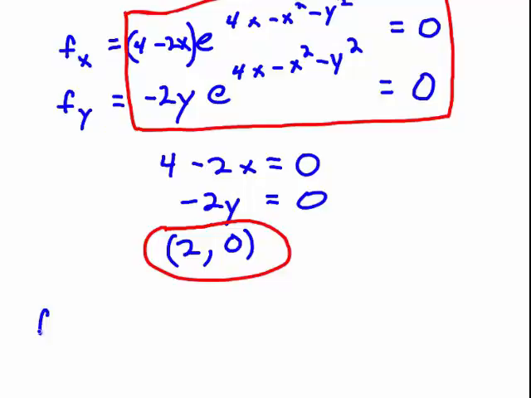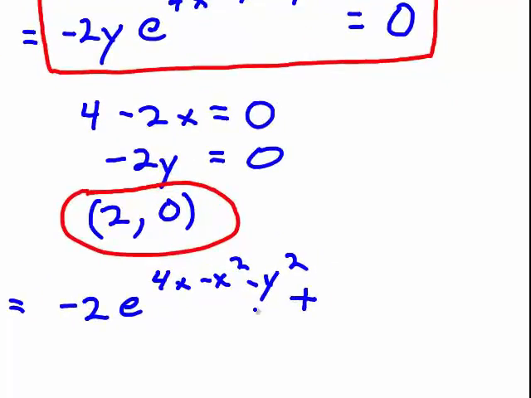So remember what I have to do here. I've got a product of two functions, 4 minus 2x times the exponential function. So I'm going to take the derivative of the first times the second. The derivative of the first function, 4 minus 2x, is just negative 2, times the second function, the exponential function, e to the 4x minus x squared minus y squared,